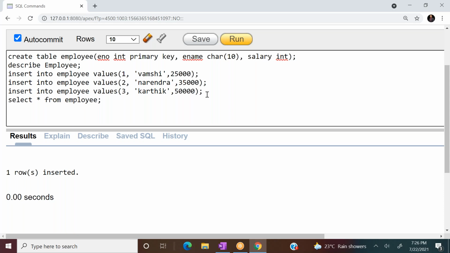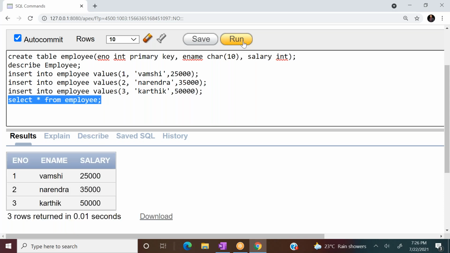Select this query and click on run. At the bottom of the screen you can see the table: 1 Vamshi 25,000, 2 Narendra 35,000, 3 Karthik 50,000. The table is displayed. This is how we create a table and insert records into it.